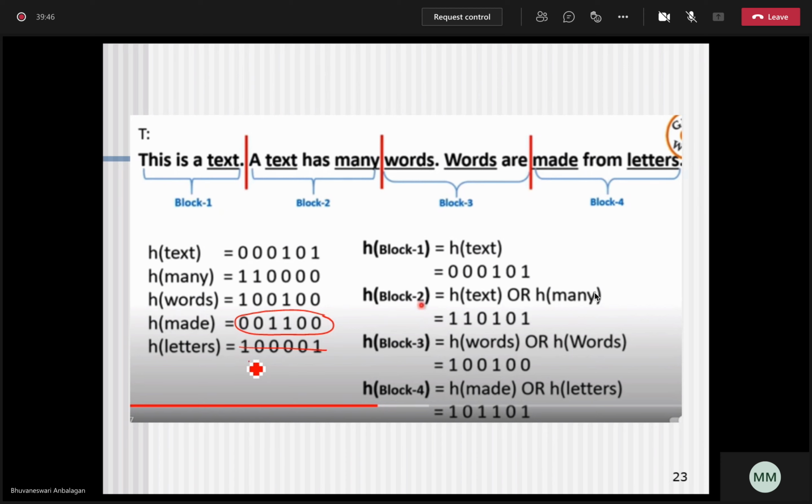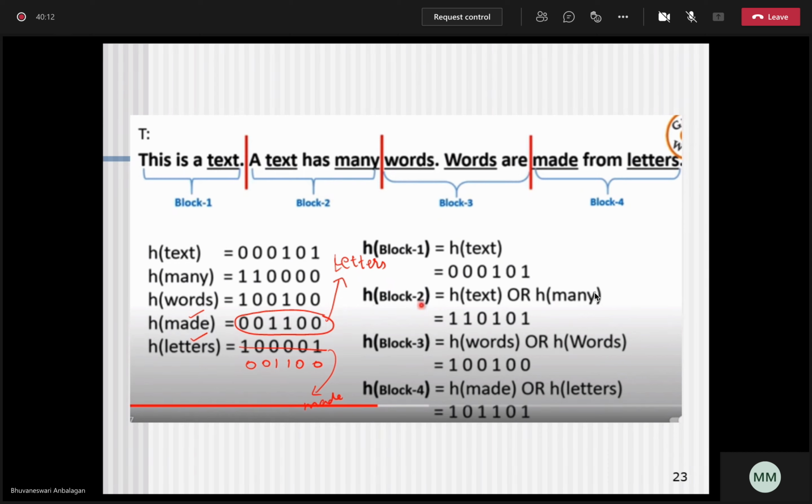For some letters also, this is returning 1100. So if I search for made, or if I search for letters, it will return a match, because both the words have the same hash value. If I look for made, but the word that exists there may be letters, so what happens? A false alarm will happen.